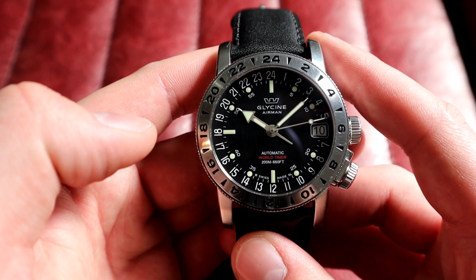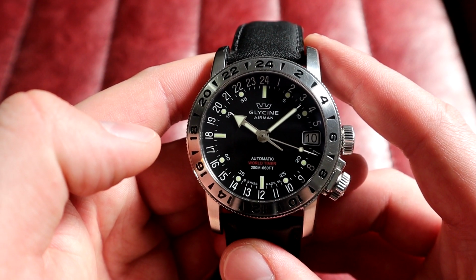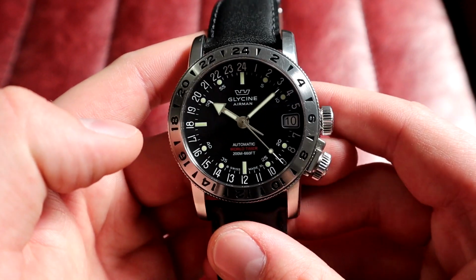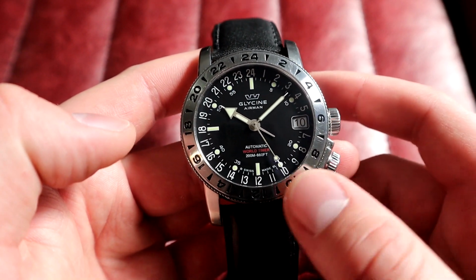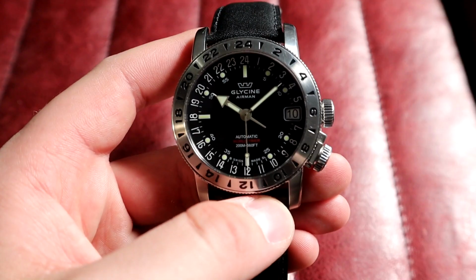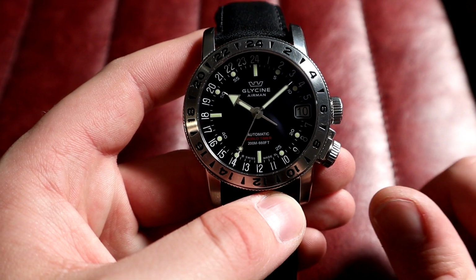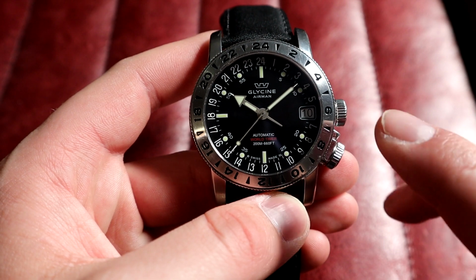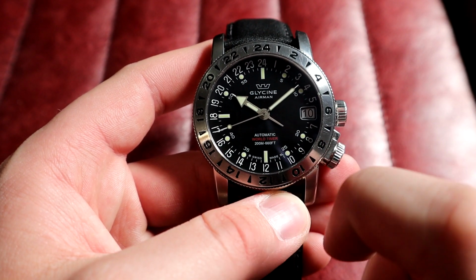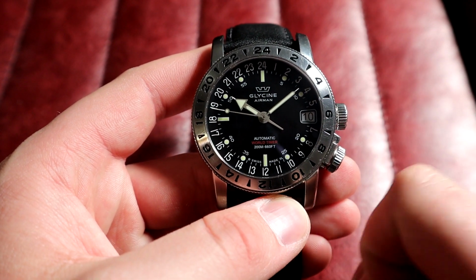24-hour world timer, and the specific reference, as it's commonly known, is GL293. There is a longer reference which you can see on the website, but this one is a 24-hour watch. Now what that means is it's not just got a scale of 24 hours. When you tell the time right now, typically you'd be looking at sort of 10 past 10, right? Or if it was in the evening, 10 past 10 as well. Whereas right now what this is actually showing is 10 past 8 PM, as you can see, because it's a true 24 hours. So the hour hand only goes round the dial once every 24 hours as opposed to twice